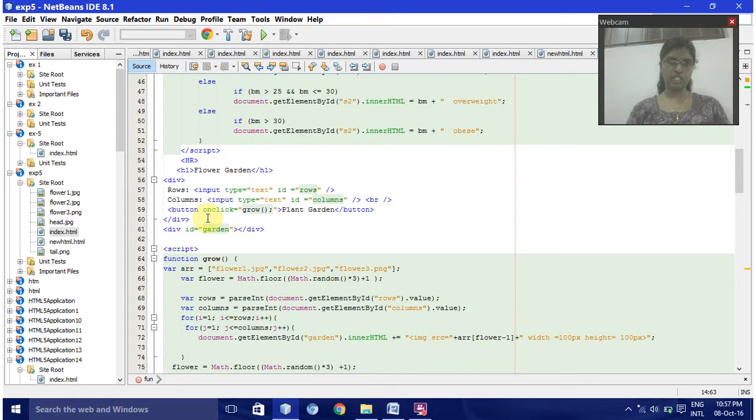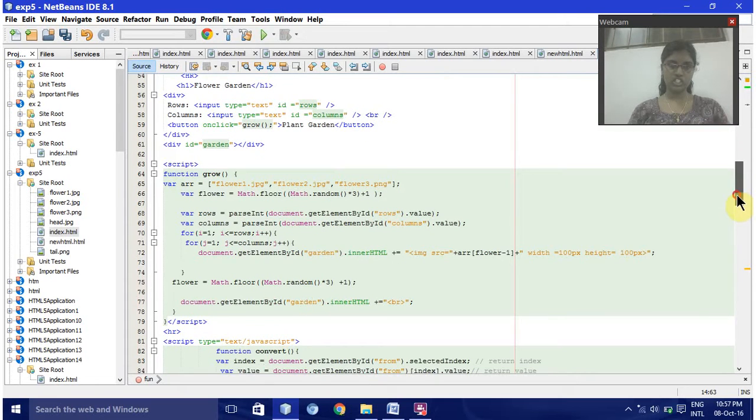using, and then button tag we have created, and closing this div tag, div ID is garden we have used, and then script tag we are using, and this function is grow. Then after that var we are using this flower, and this is inserting these images using JPG, and where flowers we have created Math.floor, then where rows, columns we have created parseInt, document getElementById we